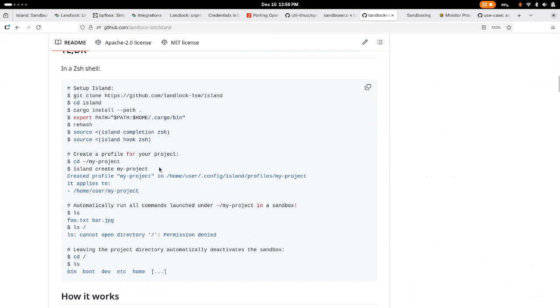This will create config files in a well-known location in the file system. And then this will be the convention as you then want to constrain yourself for further operations. In this case, the example given is that you can list all the things that are below the path that you created your project on, but you cannot